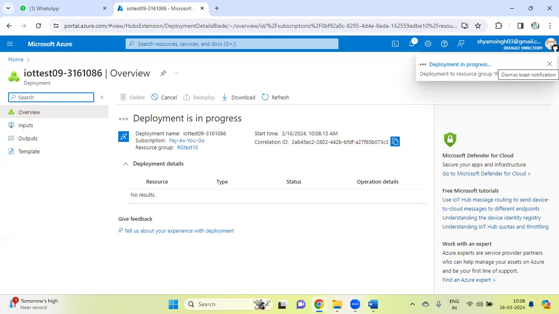So guys, you have to create and delete it. You can integrate a device also with IoT, your mobile or any app. You can create it and then